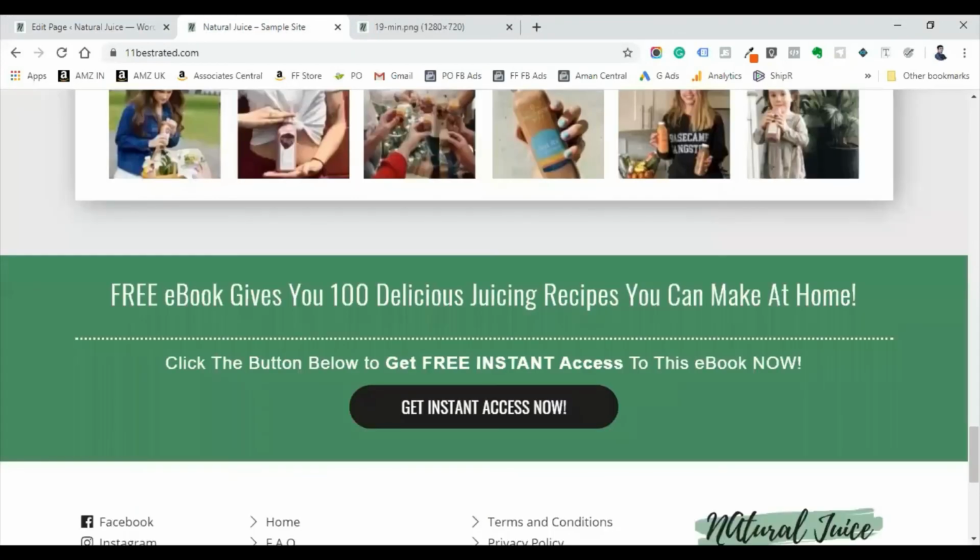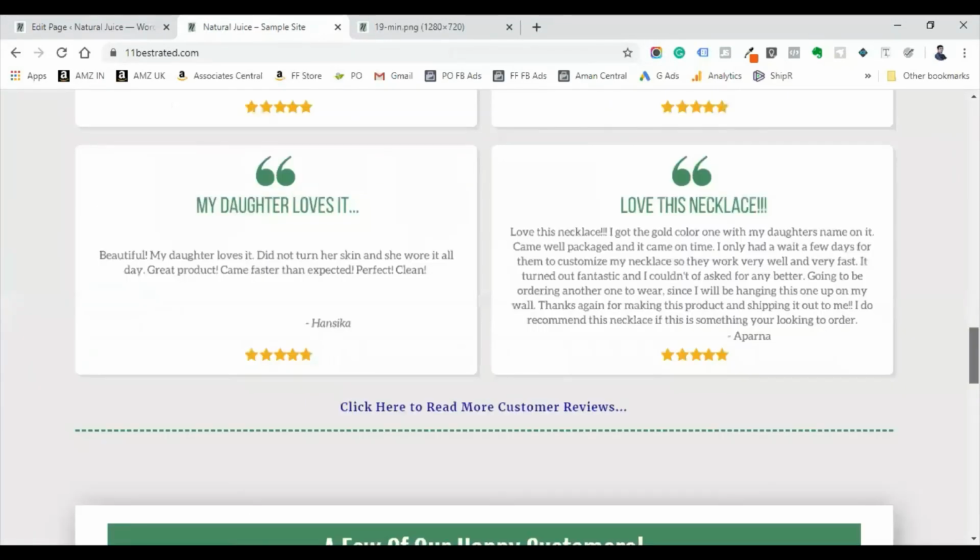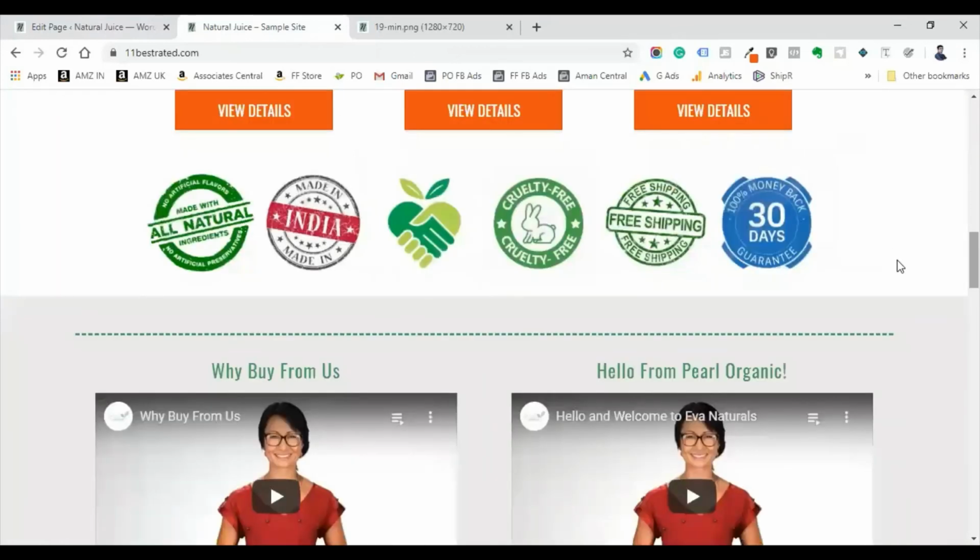Now we have actually changed the background color. Here the background color is white, here the background color is slightly gray. To change the background color, just choose the color that we want to use, that color picker, go and place your cursor and click, and you will get that gray color here.